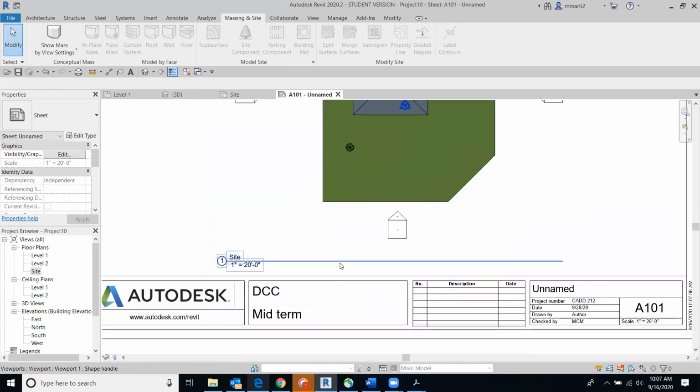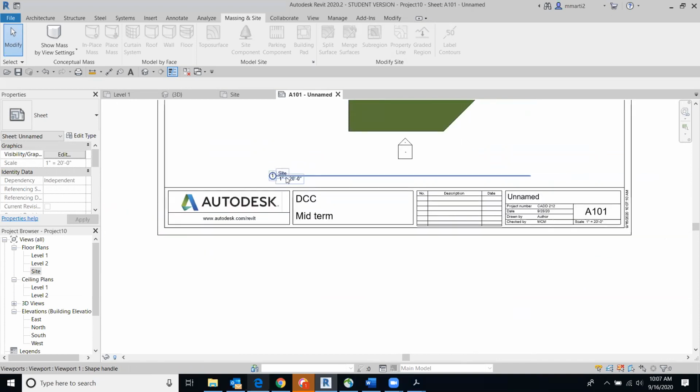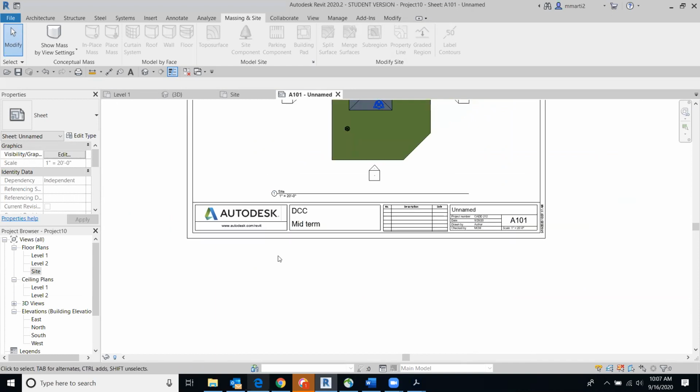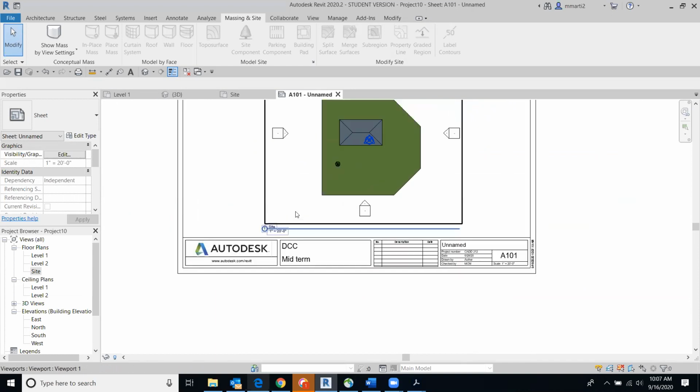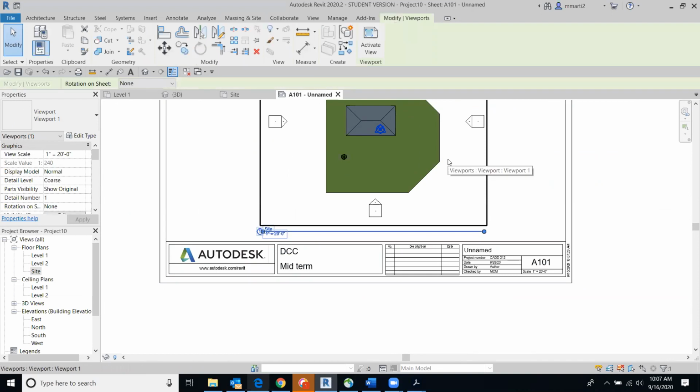Also, just another level of detail that we want to take a look at is this drawing tag. The drawing tag works kind of weird, and it's just a matter of practice and getting used to how to manipulate it. So when we click on the drawing and make it active, notice how when I come over it with my cursor, this black box, this location box shows up. When I click on that box and make it active,